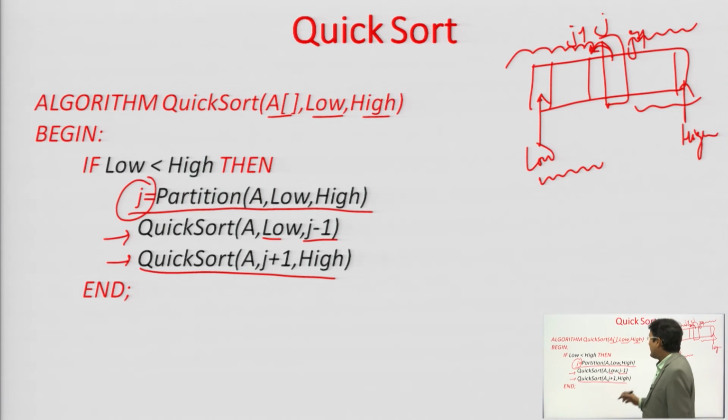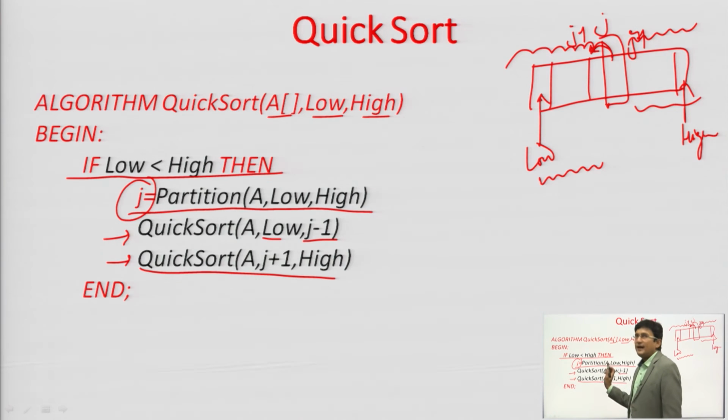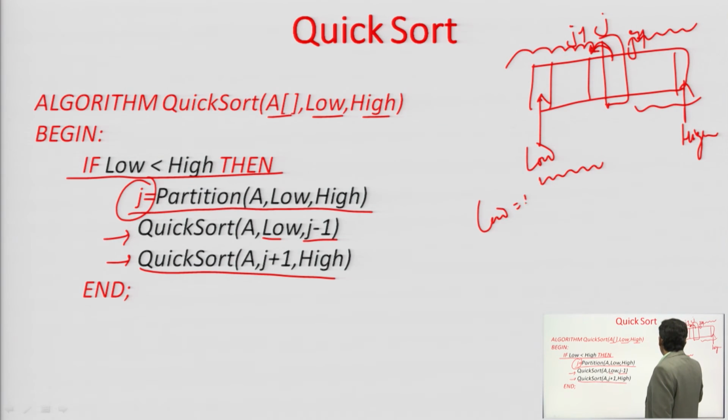That is why in quick sort the terminating condition or the base condition is that if low is less than high, then we will proceed, but if low is not less than high, in case low is equal to high or low has exceeded high, we will not perform the quick sort. That is the base case. We will have to terminate the quick sort there. So, in case you have 2 or more elements, the partition will be performed. In case you have less than 2 elements, the partition will not be performed. Low equal to high denotes a single element. Low less than high denotes 2 or more elements.